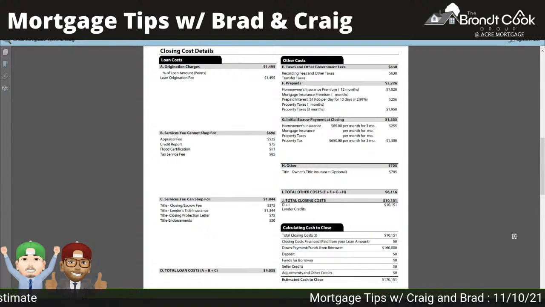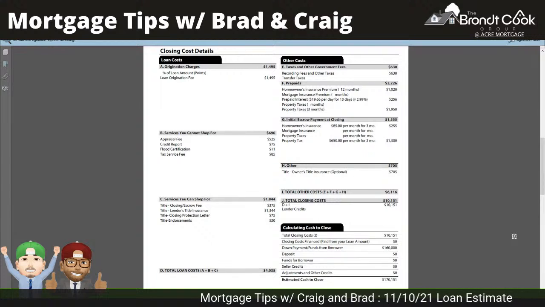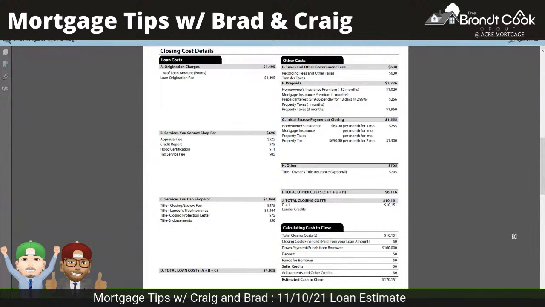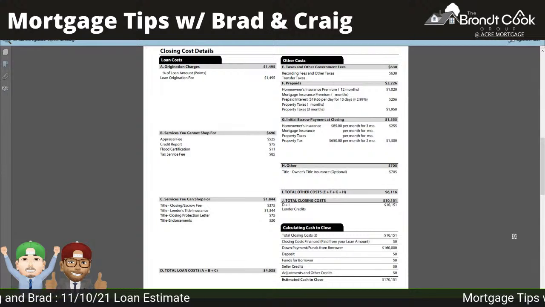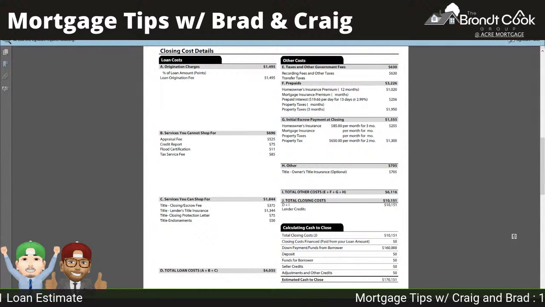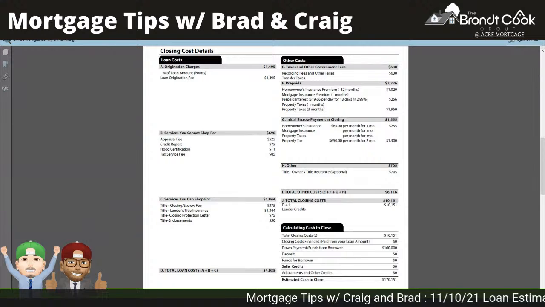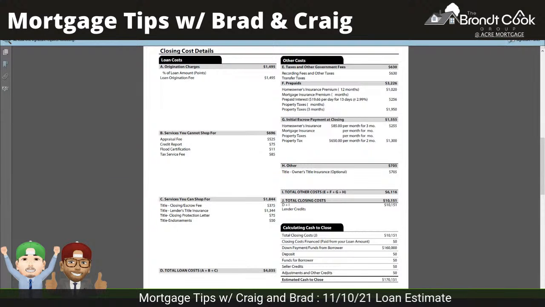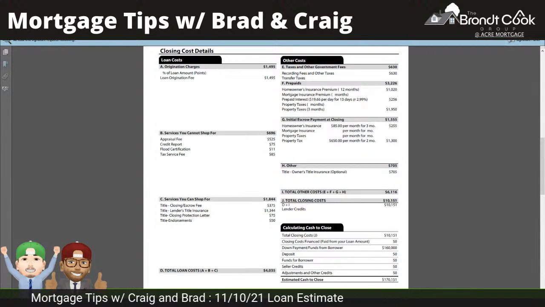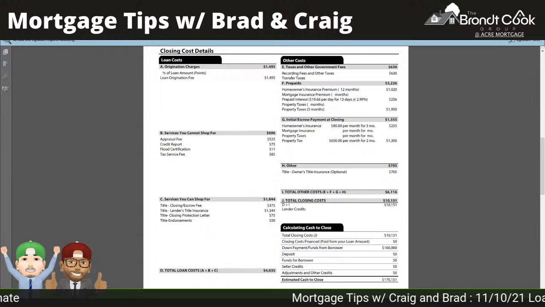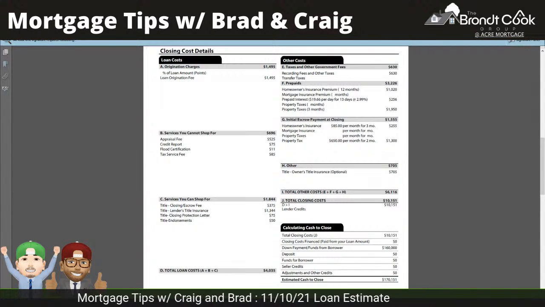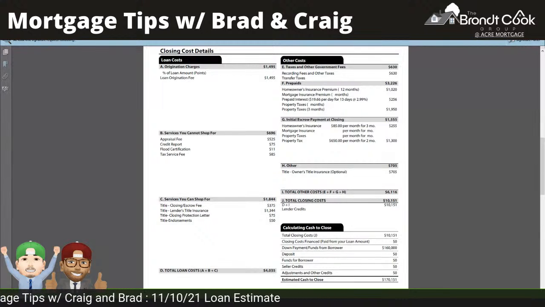So for example, we saw, Brad, the interest rate on this is 2.99%. Let's just say that I wanted to pay 1% of my loan amount in discount costs to get my rate lower. That's completely acceptable. And that might give you the ability to get a lower interest rate. Otherwise, why would you want to do that? But let's say that 1% additional discount points in cost might get you to a 2.75 interest rate. And depending on your